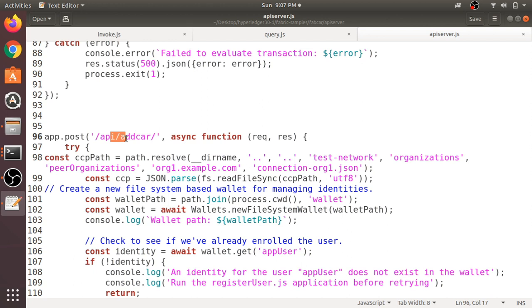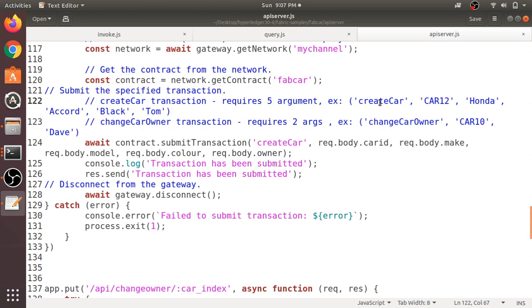We already did this in our previous video, where we gave the data statically inside the code. Here we are passing the data with the help of Postman, or you can use curl. And next, you will get the transaction submit information in Postman or in the curl terminal.